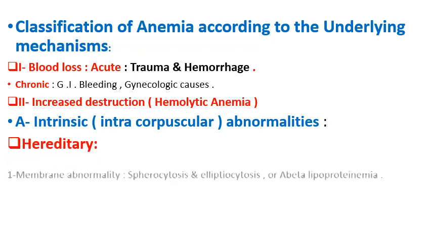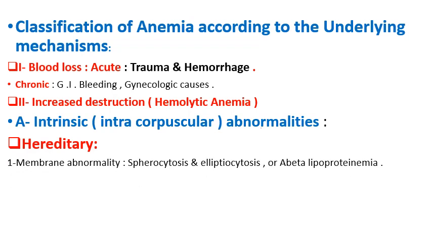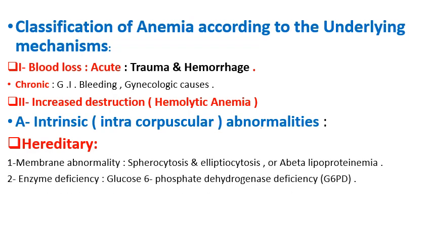abnormalities, maybe hereditary. In the case of hereditary, when there are membrane abnormalities in the cell membrane, as in cases of spherocytosis or elliptocytosis or abetalipoproteinemia, or in cases when there is enzyme deficiency, especially G6PD deficiency. Therefore, any newborn baby should be examined and tested postnatally for G6PD, which is one of the neonatal tests that should be done for every